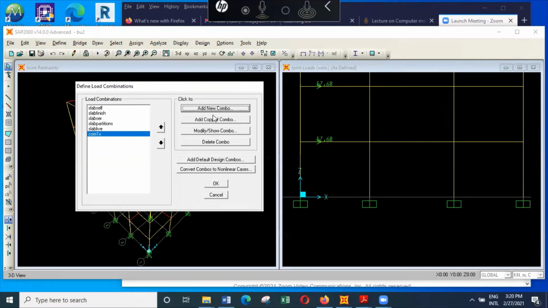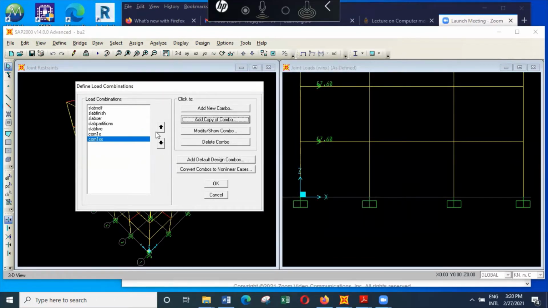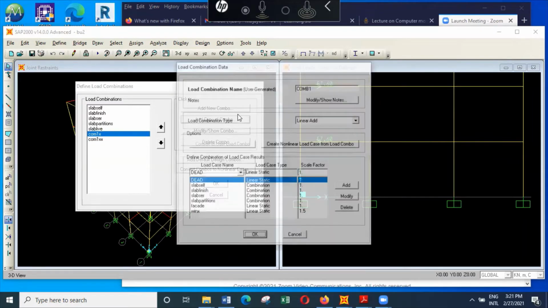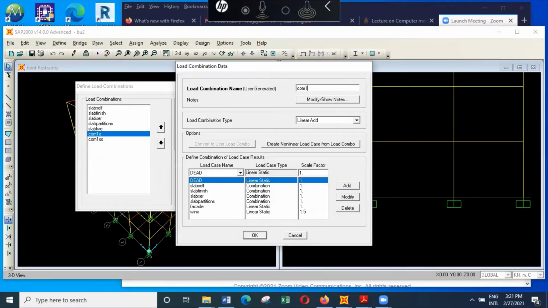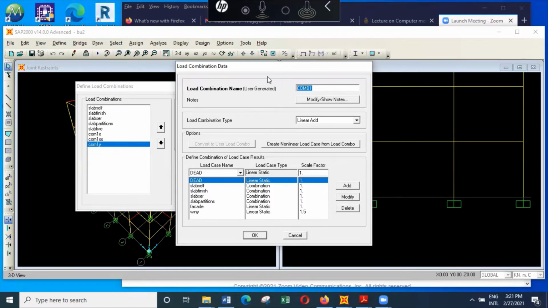So similarly, you can add a copy of the combination, and we can say combination 1 XX, and here you just go there and say it's minus 1.5, and in Y direction also add a copy of the combination, and combination 1 Y, and here we go there and say wind Y, modify, now it's done, and add copy of the combination 1 YY, just go there and say wind Y is minus 1.5, modify,